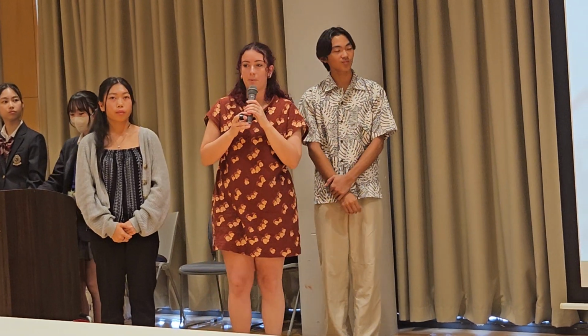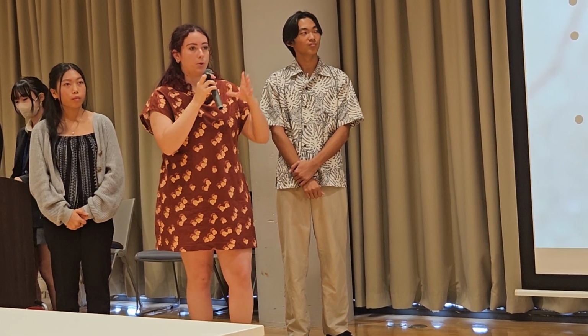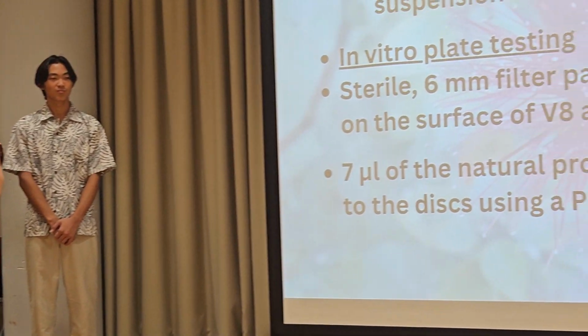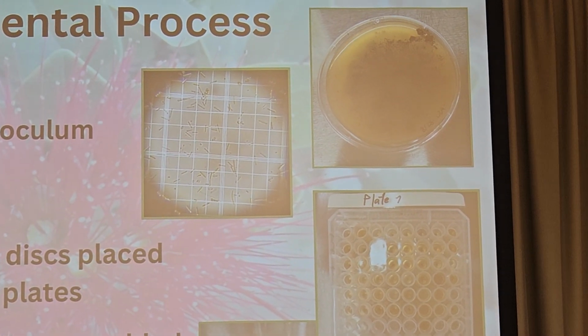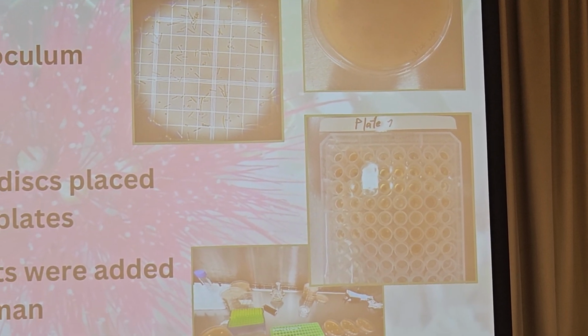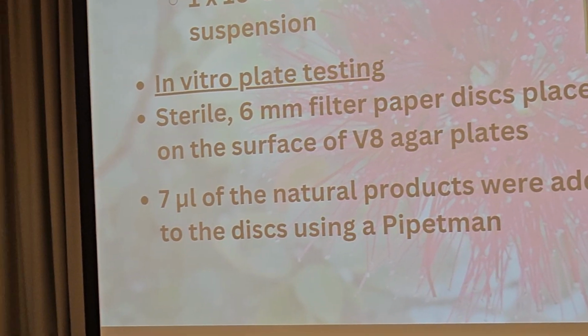So for our experimental processes, all was done in vitro, so in our controlled lab. First, we had to create the inoculum to inoculate our plates. So on the top right picture is the Ceratopsis leucohea growing on a plate. We flooded the plate, and then we created a 1 × 10⁵ suspension. Using this, we mixed the correct amounts of our flooded leucohea with sterile distilled water to create